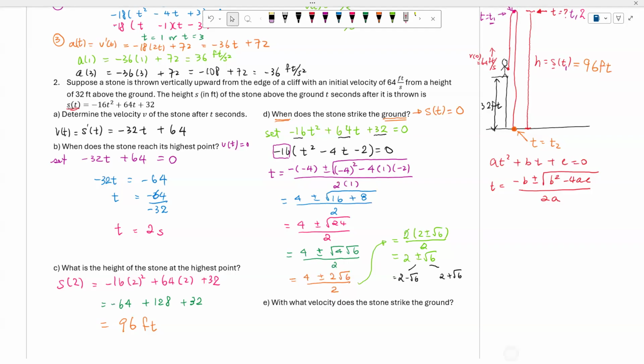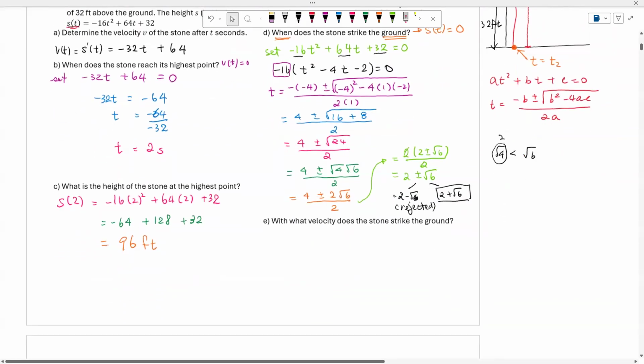Okay. And then we find that 2 minus root 6 is a negative number. Because again, square root of 6 is a number that is bigger than square root of 4, right? So then this is 2 already. So meaning root 6 is more than 2. So this is negative. So we are going to reject this answer. So this will be my answer then.